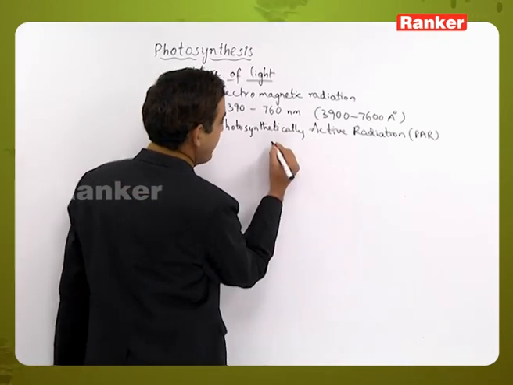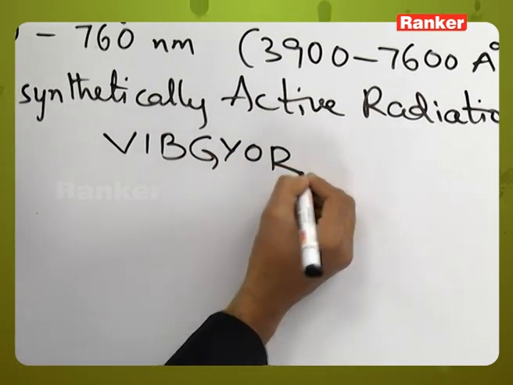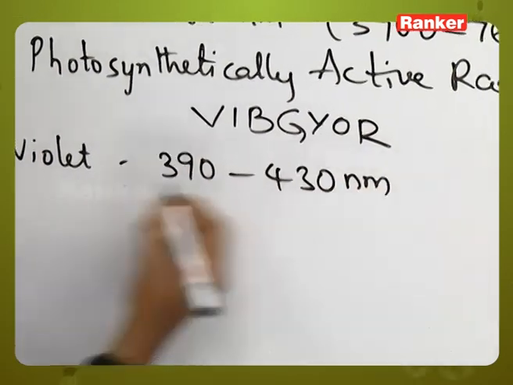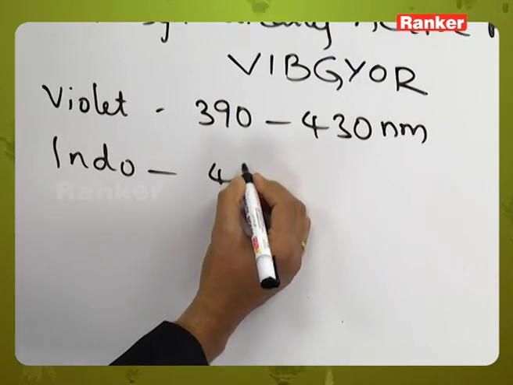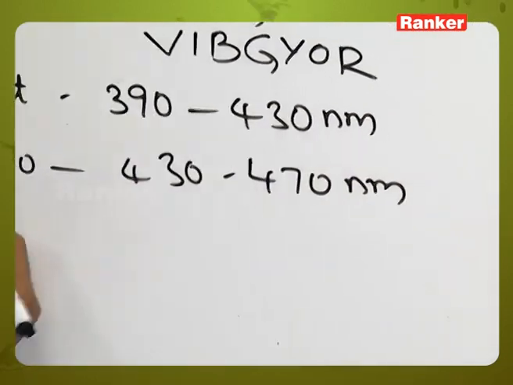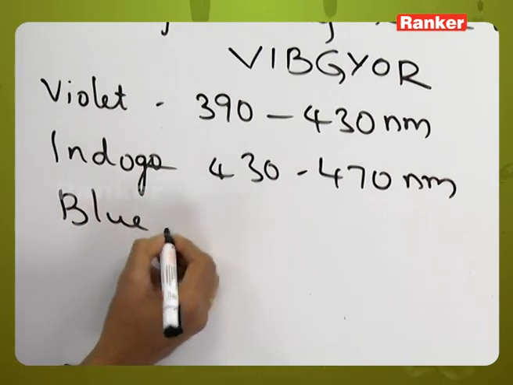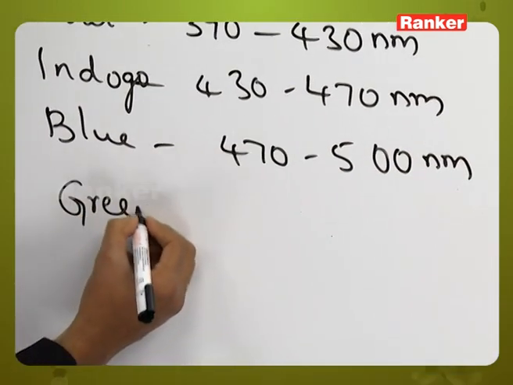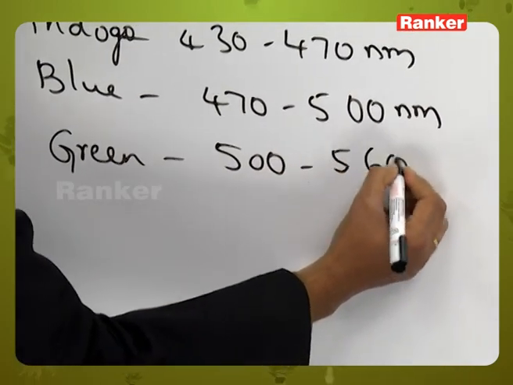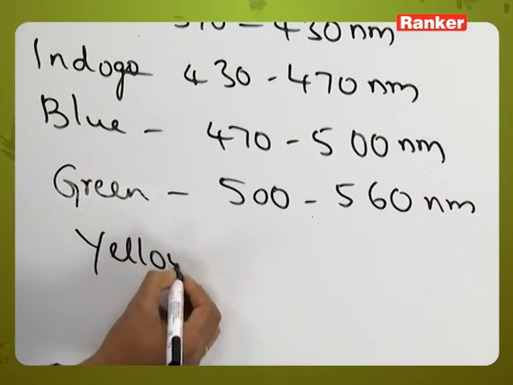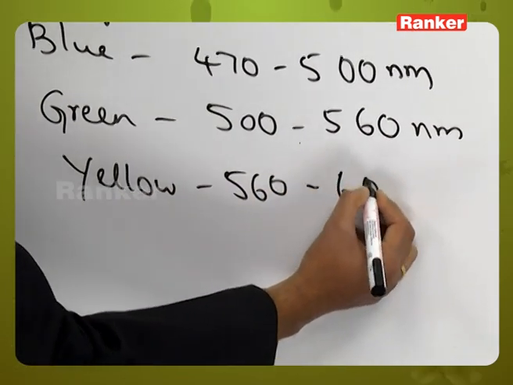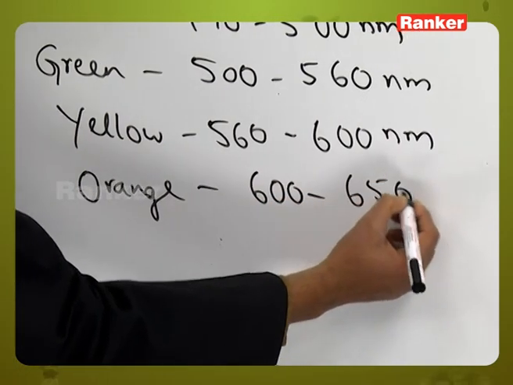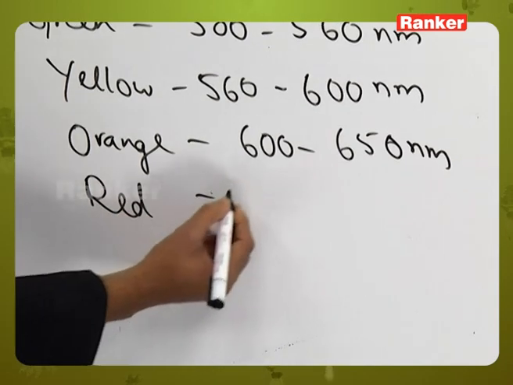Here it is divided into VIBGYOR, in which V is violet, ranging between 390 to 430 nanometers, and indigo, ranging from 430 to 470 nanometers, and blue, ranging from 470 to 500 nanometers, and green, ranging from 500 to 560 nanometers, and yellow, ranging from 560 to 600 nanometers, and orange, ranging from 600 to 650 nanometers, then red, ranging from 650 to